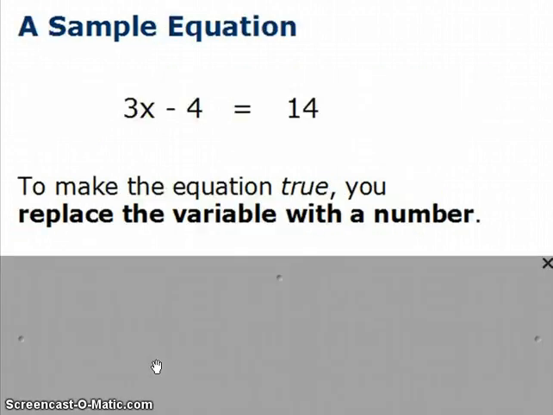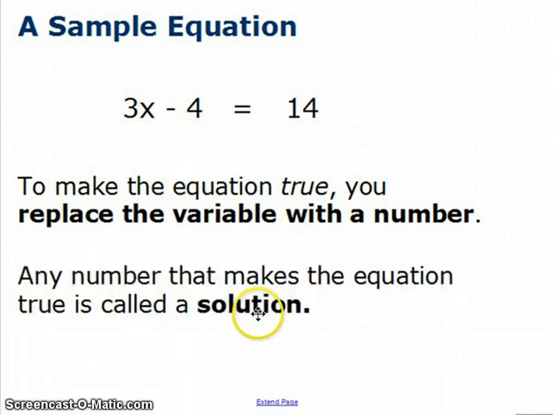So let's look at a sample equation. To make this true, you have to be able to replace that variable, that x, with a number that works. So a solution, or let me say it the way I've typed it here, any number that makes the equation true is called a solution. So the solution is the value of x, the number that you could put in place of x to make